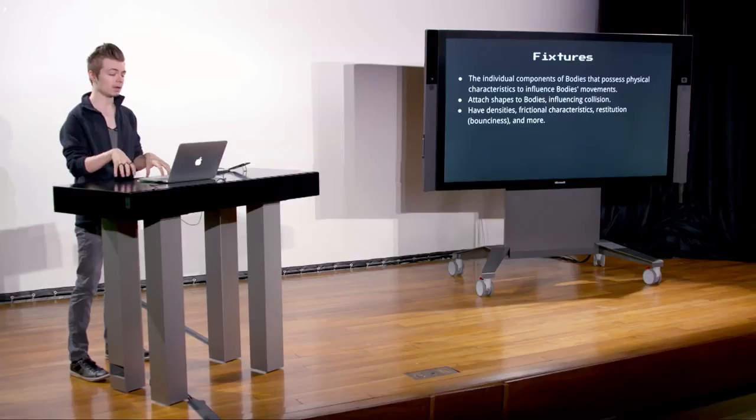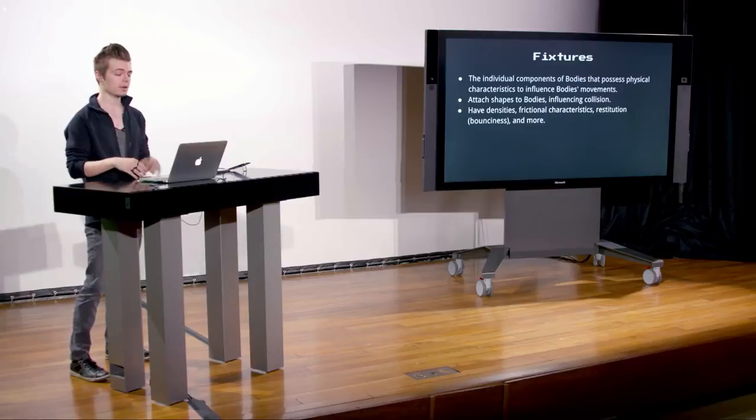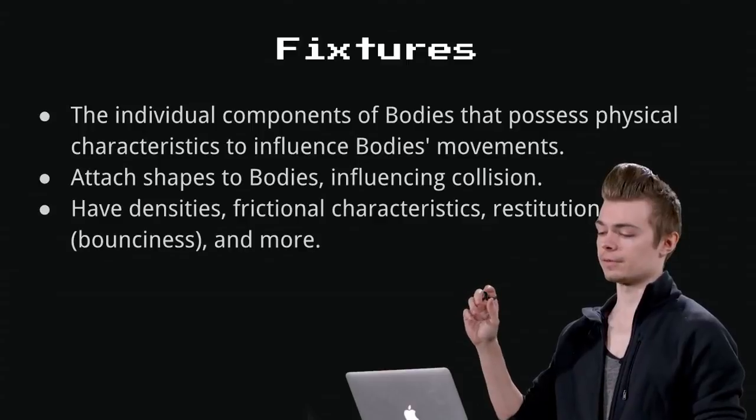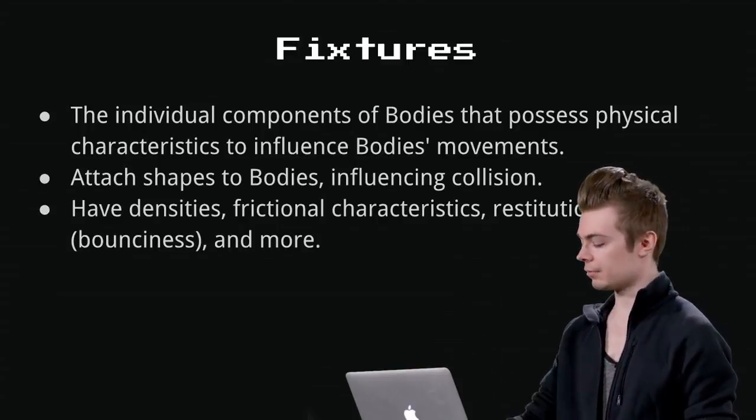And that basically influences how it'll interact with the other objects, the other bodies in our scene. So we have the world, which encapsulates everything, all the bodies, all the fixtures. And then we have the bodies, which are the entities in our game world that have position and velocity, effectively. The last key ingredient here that will allow us to create interactions between the bodies that we have are fixtures. And a fixture is this abstract object that will allow you to attach a